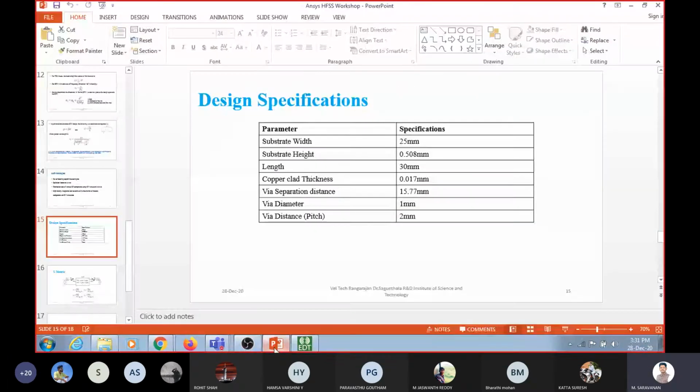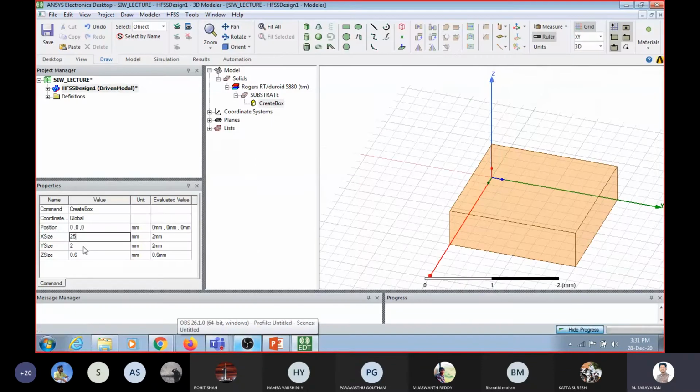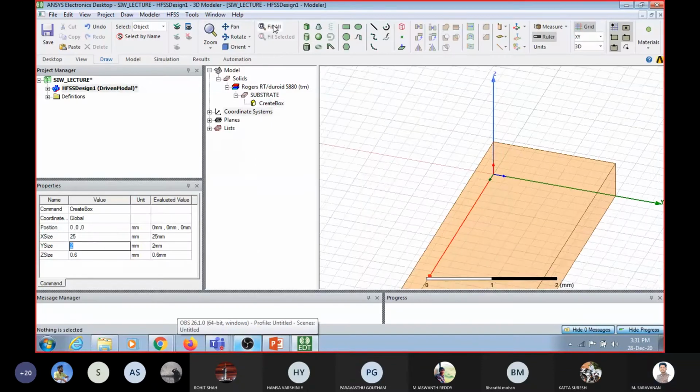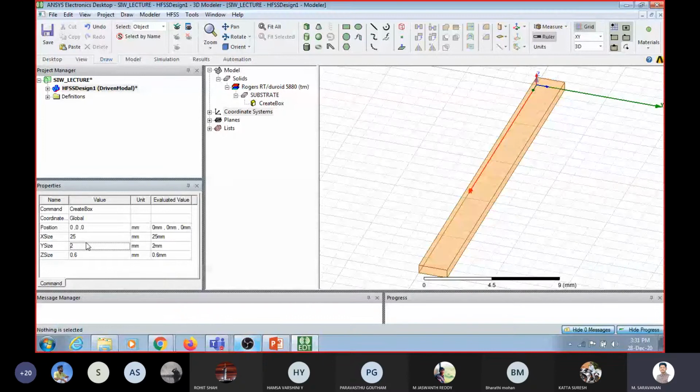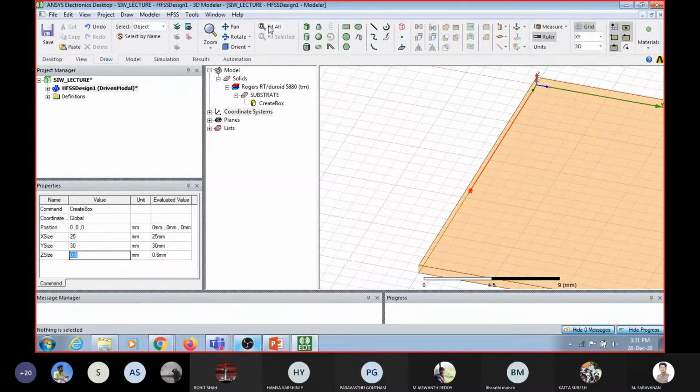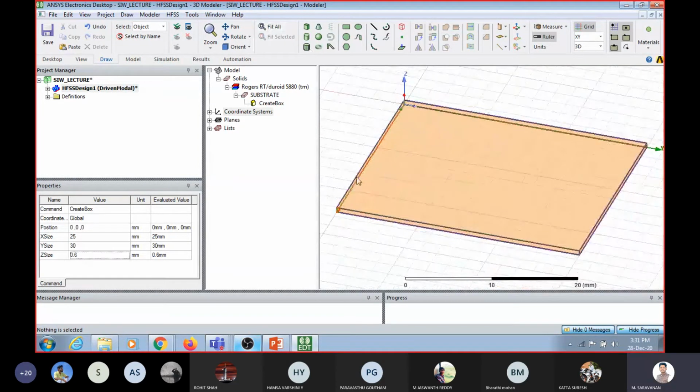This is width, 25 mm. Okay, then y is this length, so that is equal to length 30 mm. So this is the length, and z is the thickness, which is 0.508 mm, which is readily available in the market.